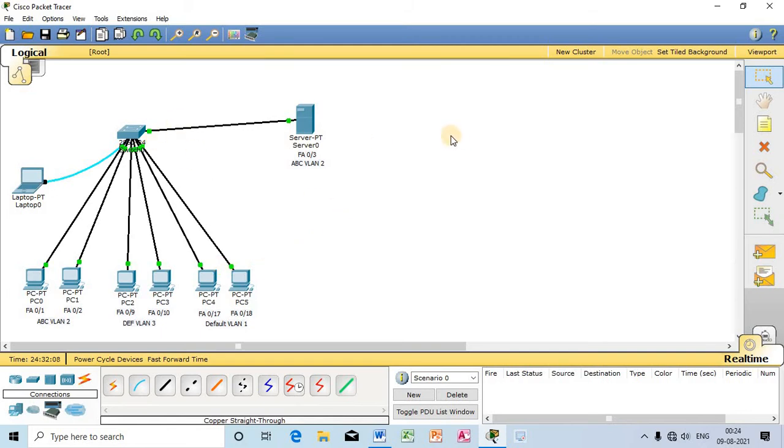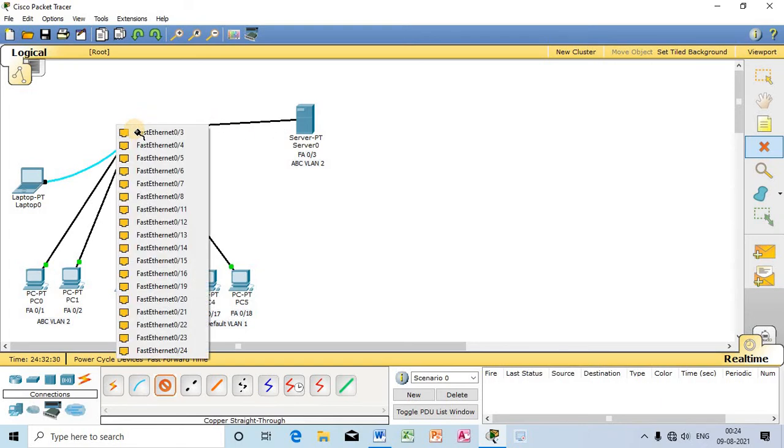So if we have to assign IP addresses to these two computers, what we need to do, first we have to remove the cable, and now again I will select the straight cable. One end I will connect to the fast Ethernet port, that is the LAN port of the DHCP server, and the other end I will connect here to any port between port number 11 to port number 16.